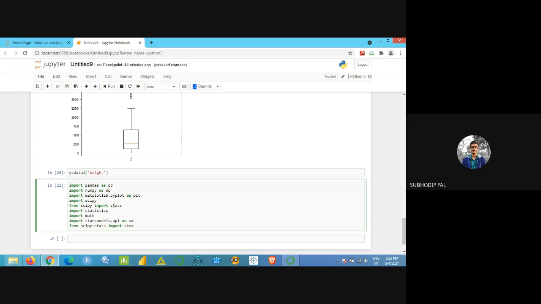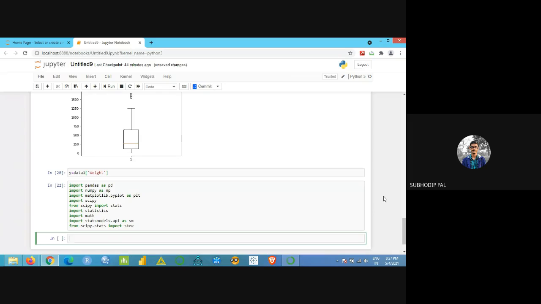Yeah, that is fine till now. Okay, so it will take some time. Let's execute it. Yeah, it has been executed. My next thing is that I want to check the mean of this variable y, or the weight.